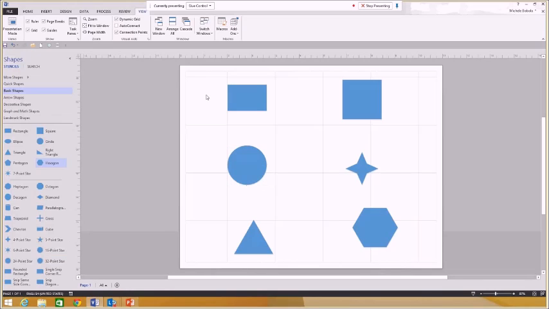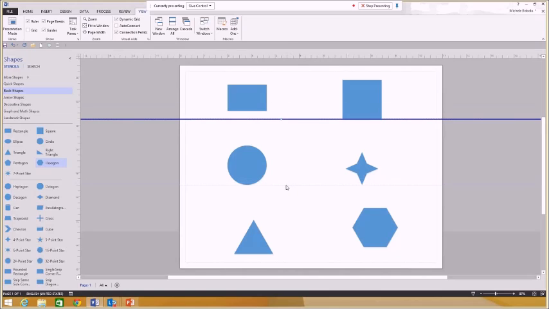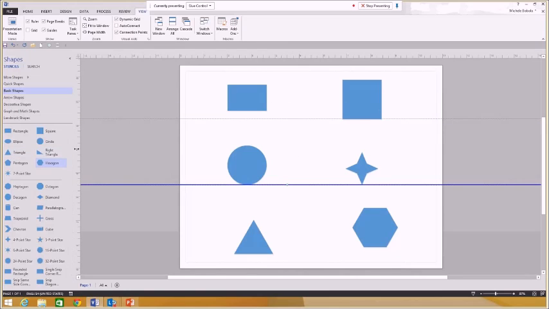Now, the other thing that helps you align shapes is the guide. And to bring up guides, I'm going to actually hide the grid for now. I'm going to uncheck it. To bring up the guides, you just move your mouse up into the ruler. So that's why the ruler is very important. You click and you drag, and automatically you get a guide. You can also bring in as many guides as you want. You can bring up horizontal